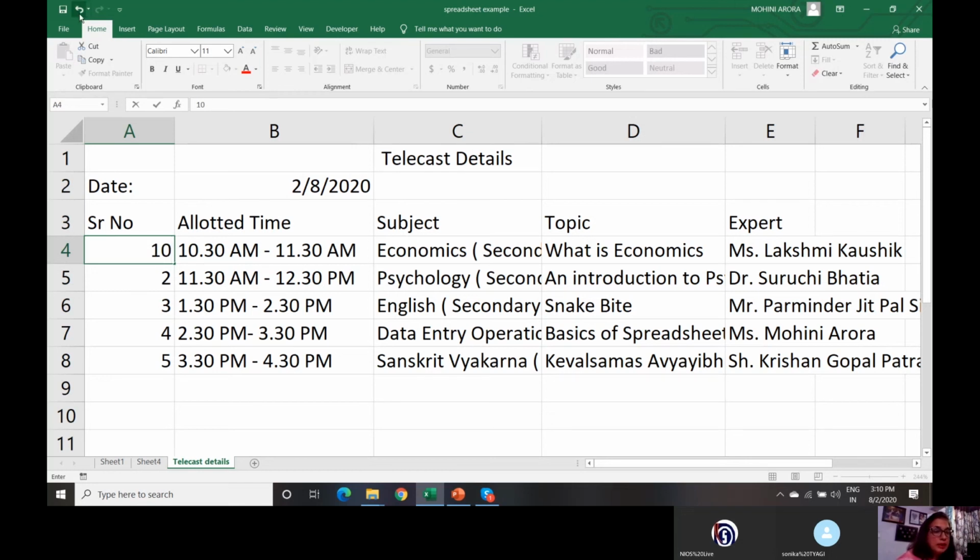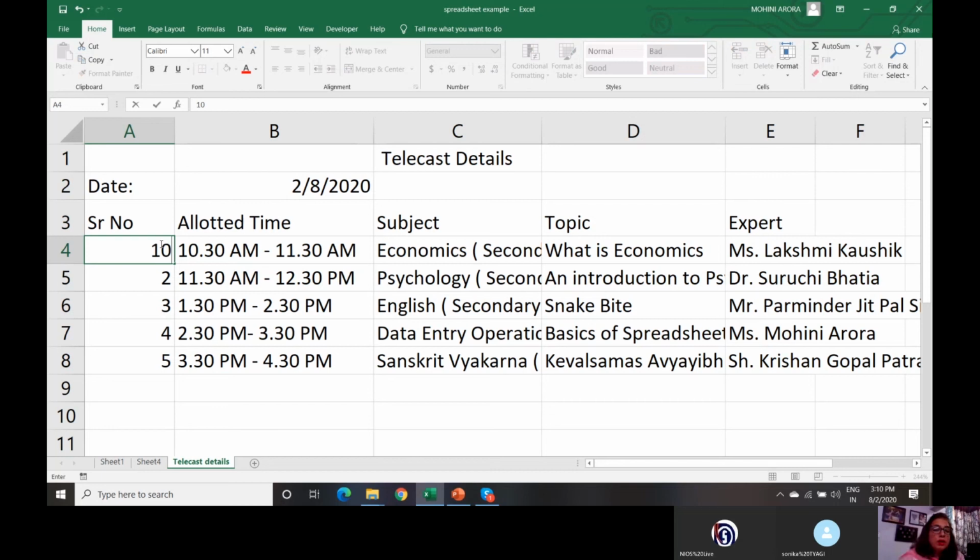I type 10 again. So either you click this, which is the undo button on top left corner, or you can also press Ctrl plus Z. This is the shortcut key for undo. Right? So if you feel that you have accidentally edited a particular content of a cell, you don't want to edit it, you want to revert back to the original one, you can undo it by either clicking on the undo button or pressing Ctrl plus Z, or you want to redo it, right?